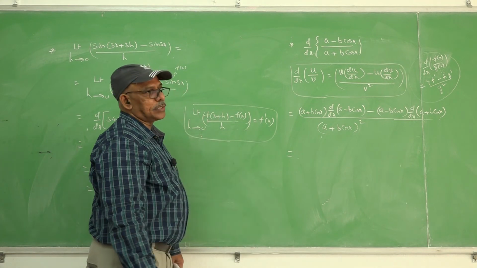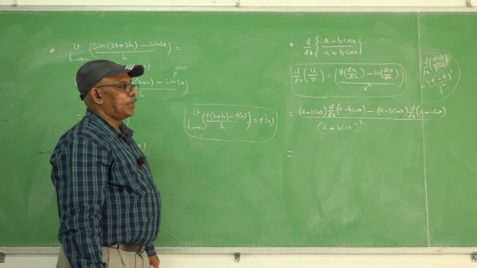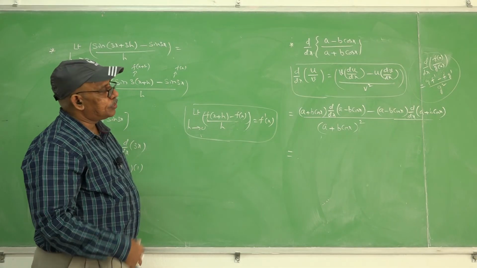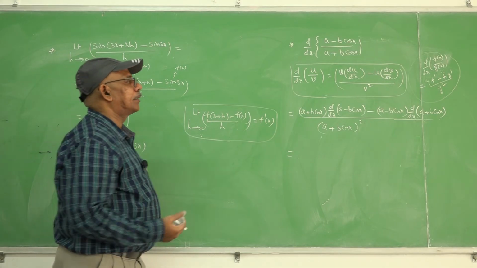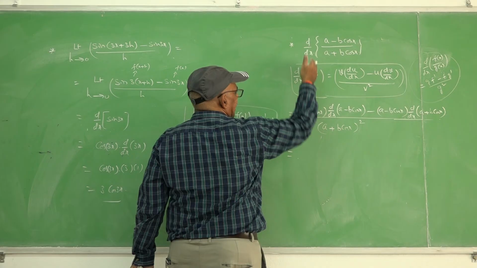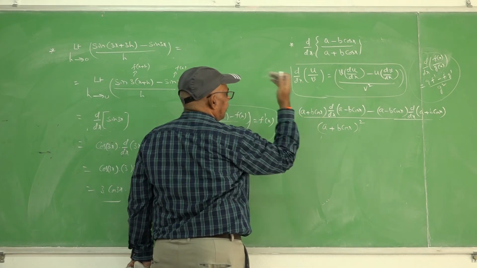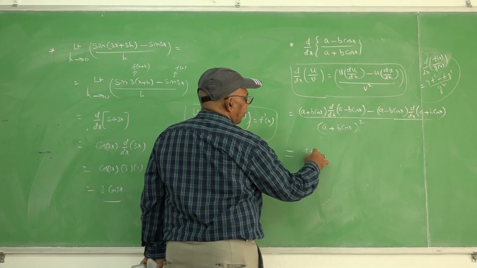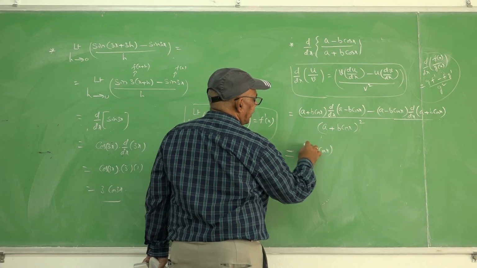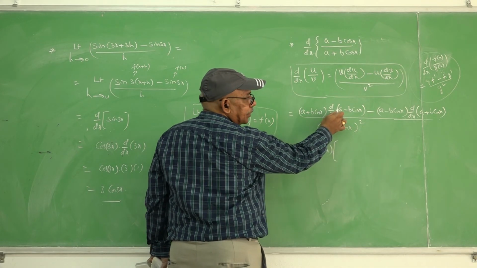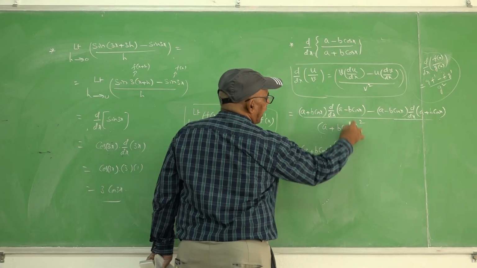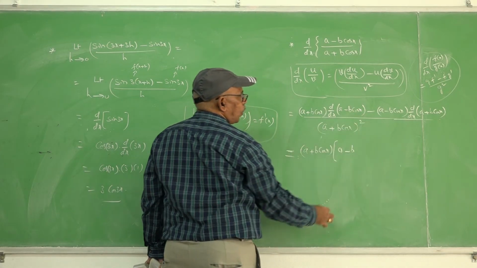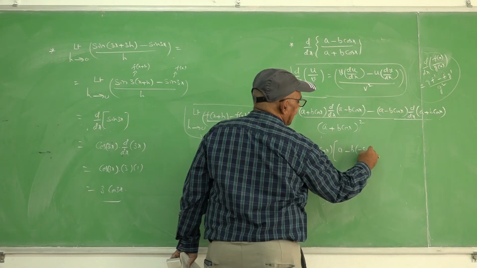With the help of the quotient formula, we do the problem straight away. So, a plus b cos x into the derivative of constant a, which is 0, minus b into the derivative of cos x, which is minus sin x,